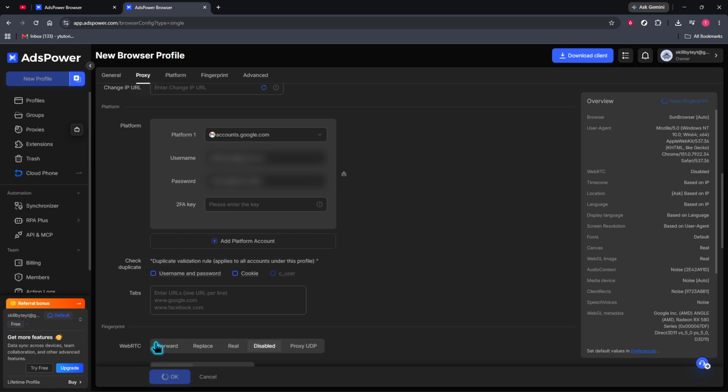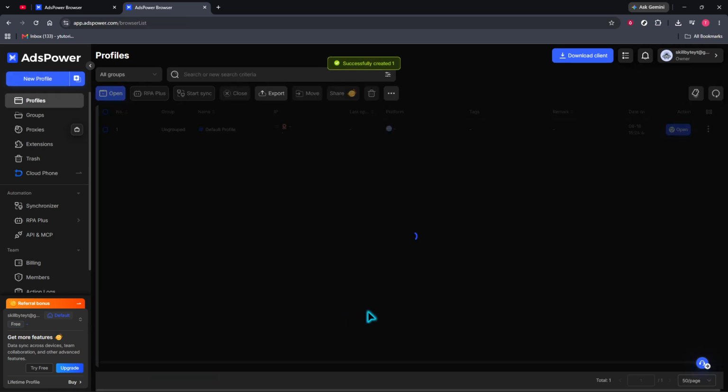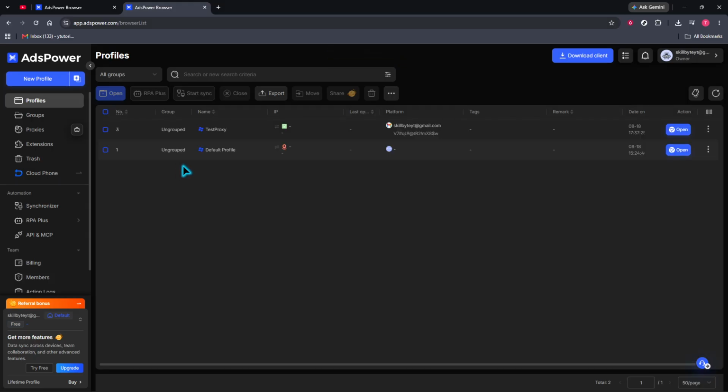At this point, your new AdsPower profile should include the proxy settings along with the platform account details you entered. And that's it. You've successfully added a proxy in AdsPower and set up the profile for